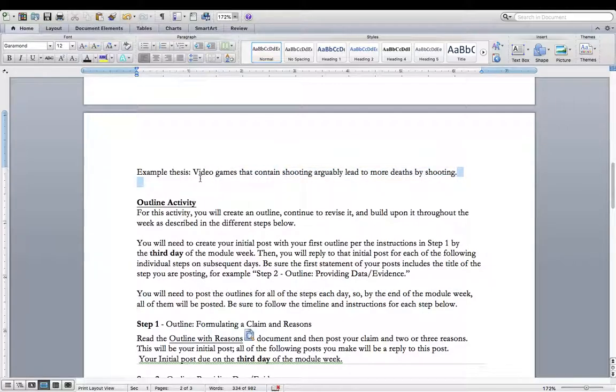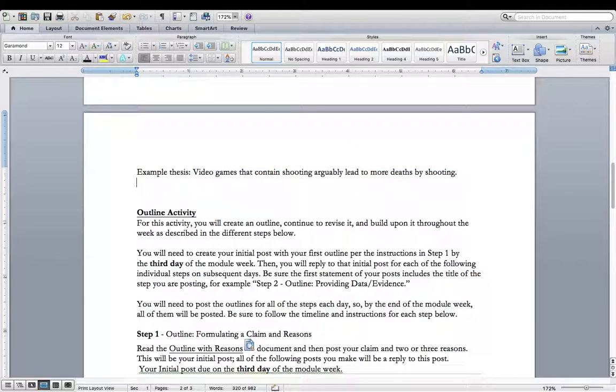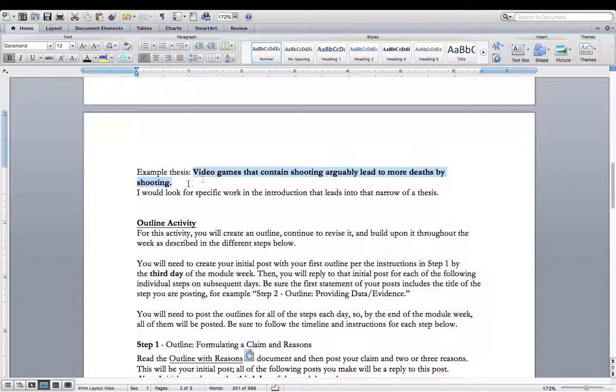If this is my thesis, I would expect, because what I, as the instructor, look for, if I were reading that as somebody's thesis, I would look for specific work in the introduction that leads into that narrow of a thesis. So in order to do the work that needs to be done rhetorically in the introduction to prep the reader for this thesis statement, a lot of stuff has to get done. So first,